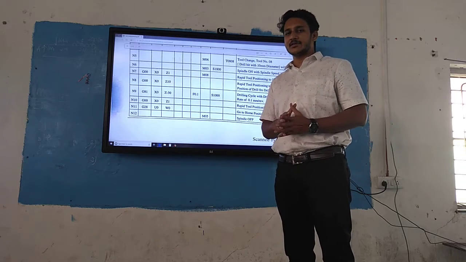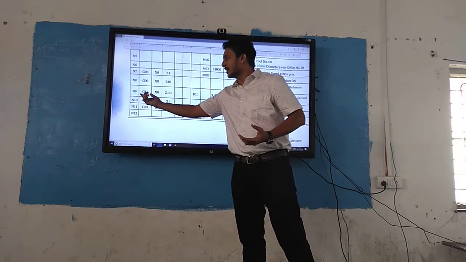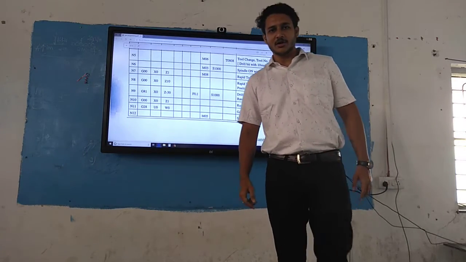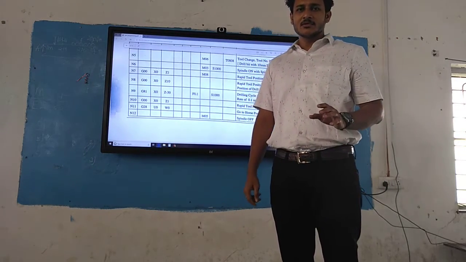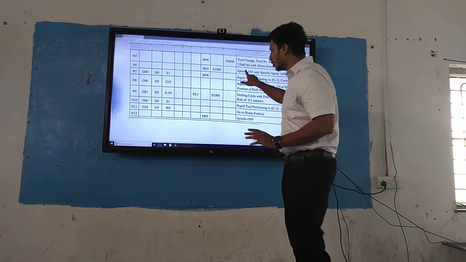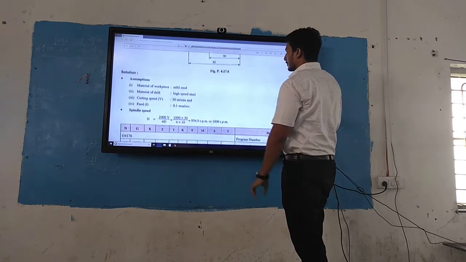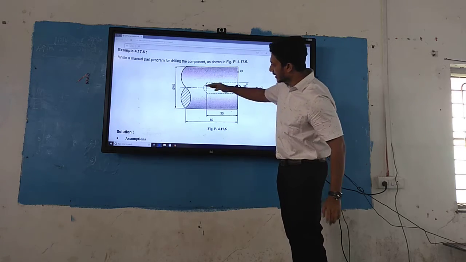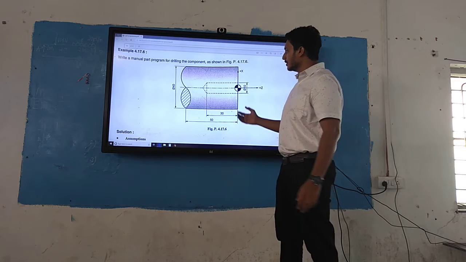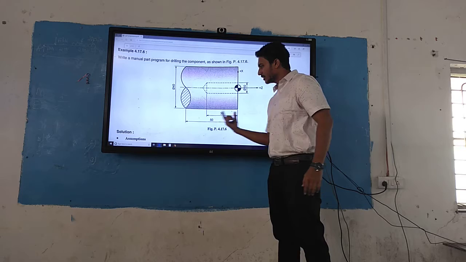For the drilling cycle we have the preparatory function G81. G81 is the preparatory function for the drilling operation. We need to drill the workpiece till 30 mm.